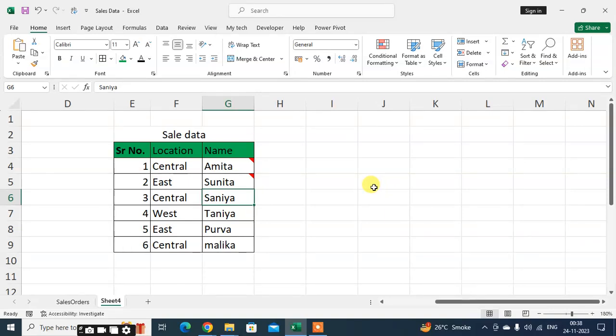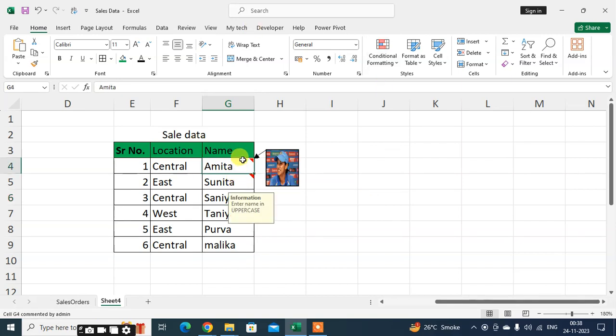In this video, we will see how to add a picture in a comment in an Excel sheet. Let's start. Here I already added two pictures in names. Okay, you can see here. So we'll see how to add the pictures in the third name. I will show you how to add